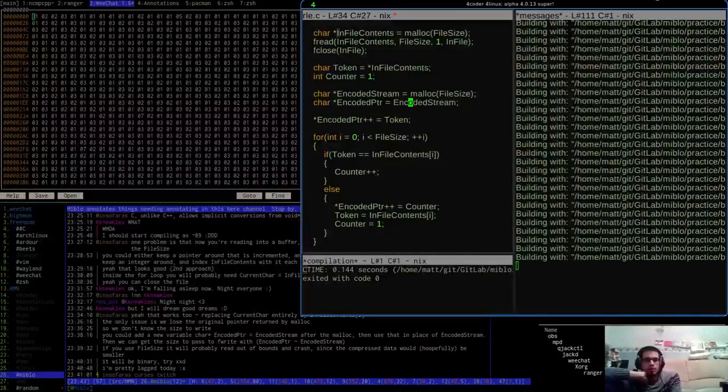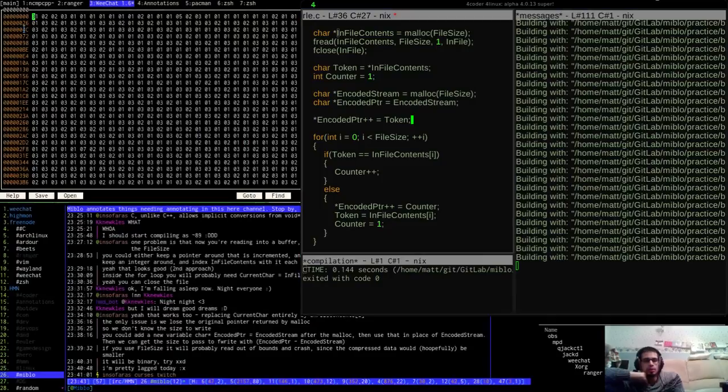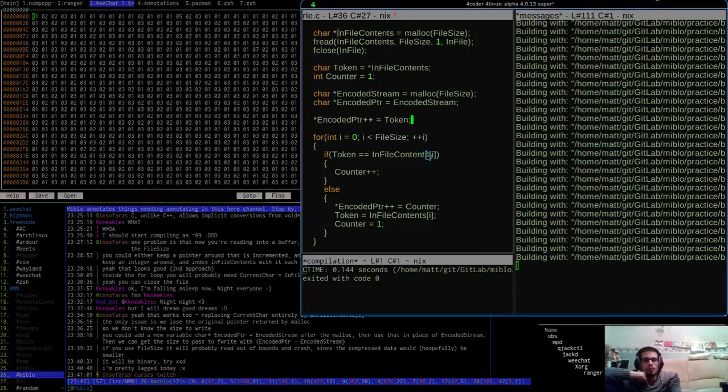Encoded pointer is equal to encoded stream. Encoded pointer plus plus is equal to token. Right, so token is the 31, and then it comes in and says if token is equal to infile contents.